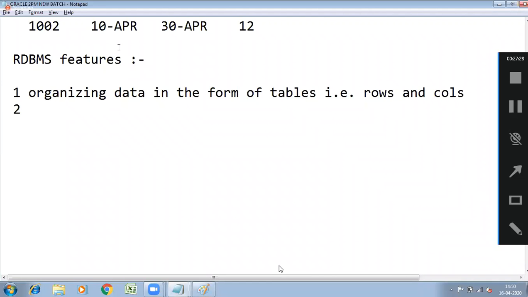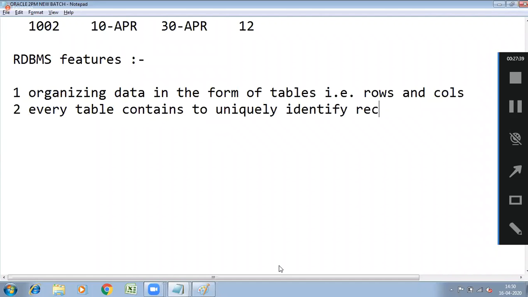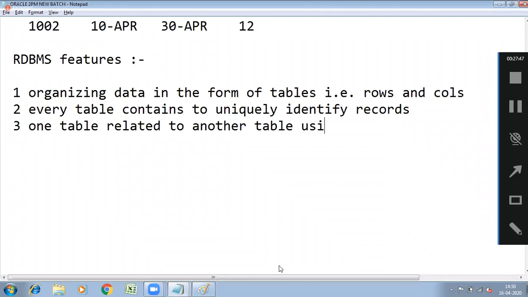Every table contains a primary key to uniquely identify records. Next, one table is related to another table using a foreign key.